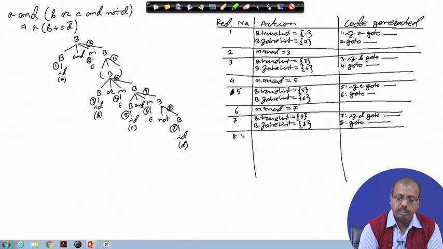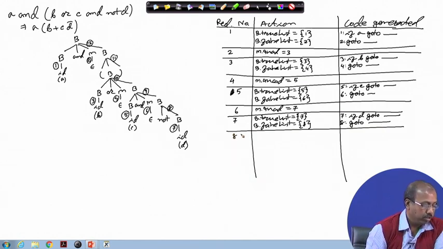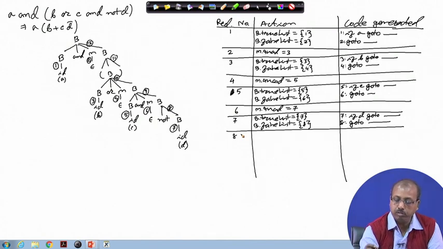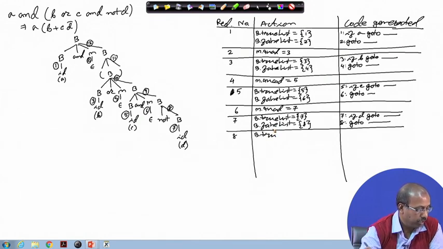Now, reduction number 8, not of B. Here the false list and true list get interchanged. So, B dot true list will be equal to 8 and B dot false list equal to 7.